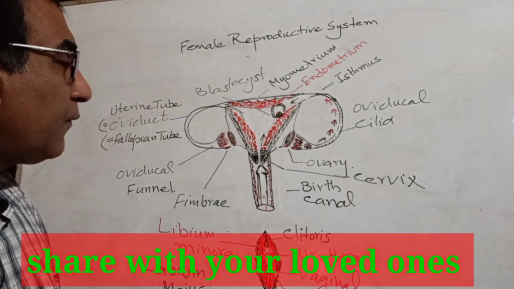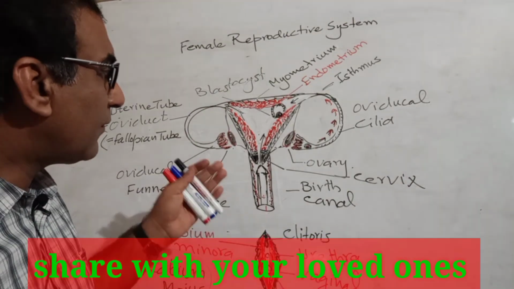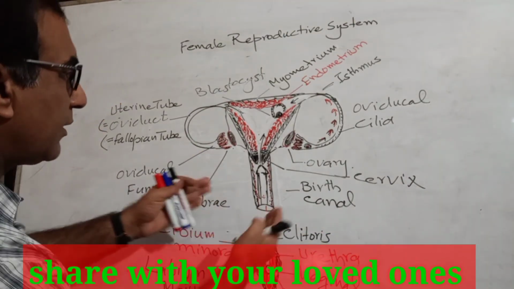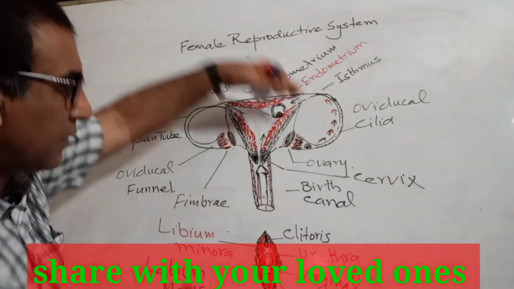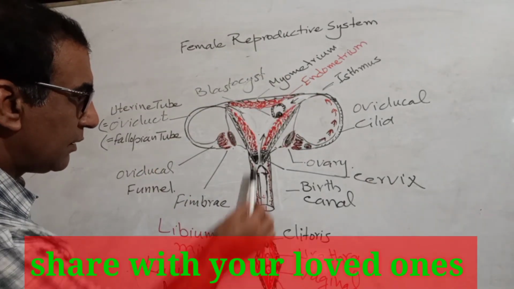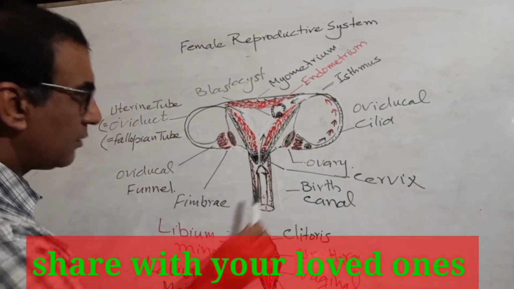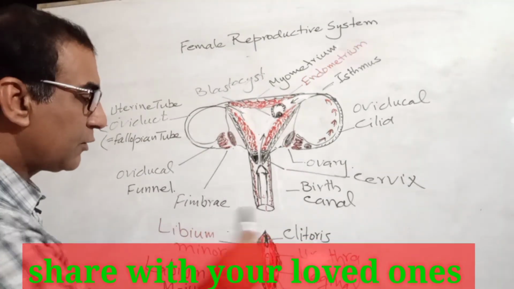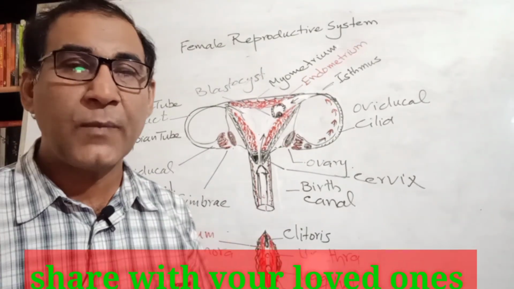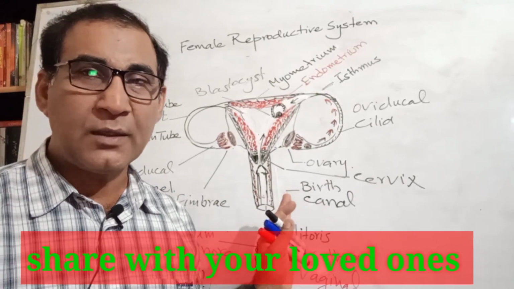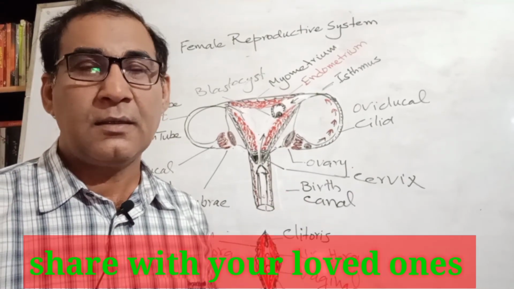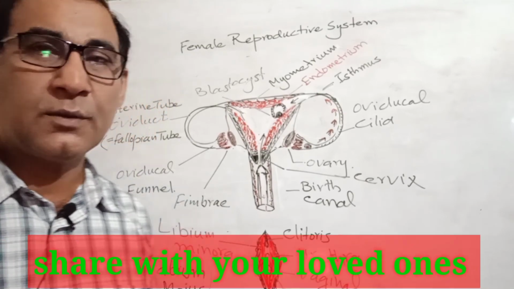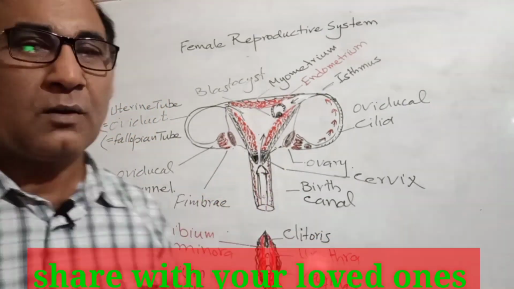And if you have understood the anatomy of the reproductive system, this is the tubular system, and this diagram shows the external genitalia. If you have understood all that well, then I would like to request you people to share